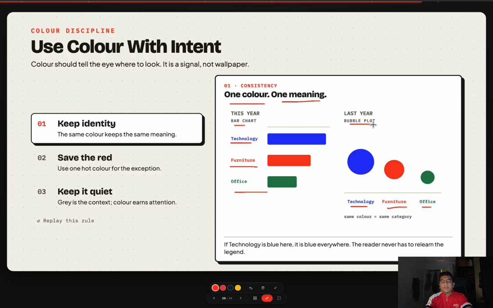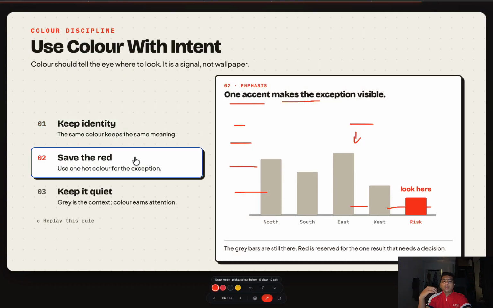So let's say for categories in the bar chart you make technology's color blue. In the bubble plot, if possible, try to make it blue as well. Same goes for furniture, same goes for office, but this one is only a sample, right? Now the second one is, normally,